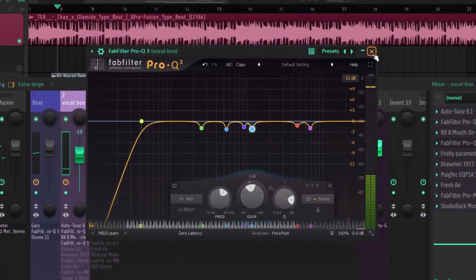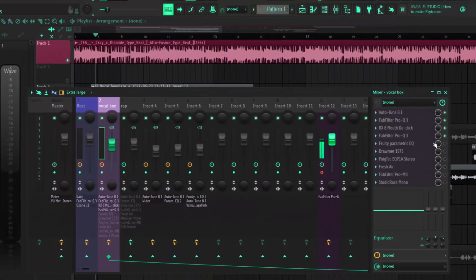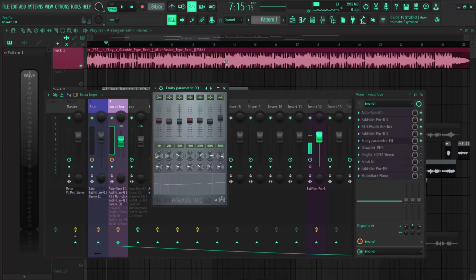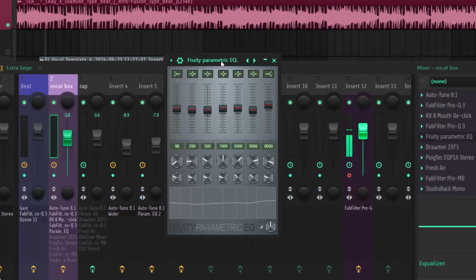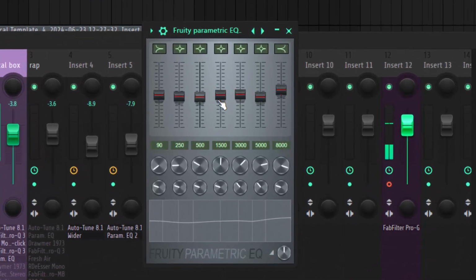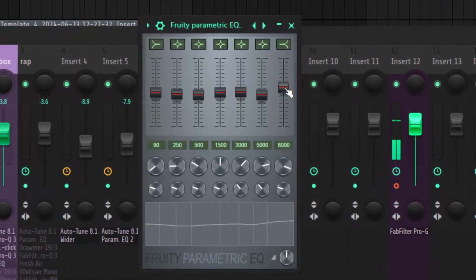So that was what I used my EQ for, and that was how I did it. So I added another EQ to it again. Oh, sorry guys, this is full of EQ. It's another mixing. So what I'm going to be doing right here is that I decided to boost a little bit of presence into my vocals. I boosted it up a little bit. Here was about 2.7 dB I boosted.